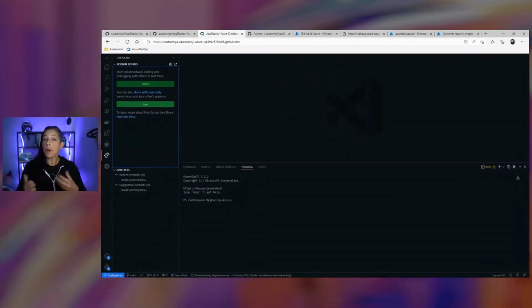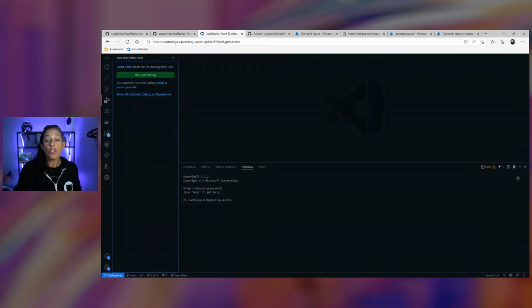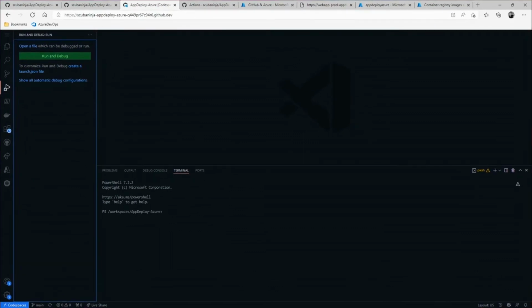So whether my colleague is using Visual Studio, VS Code, or GitHub Codespaces anywhere else in the world, we can pair up and work together on our code. Now we can see all my extensions loading up over here. We can also run and debug our code from here. This is a full VS Code experience in a web browser. It is fully secure, it's fast, and it's scalable so that anyone on our team can spin this up and